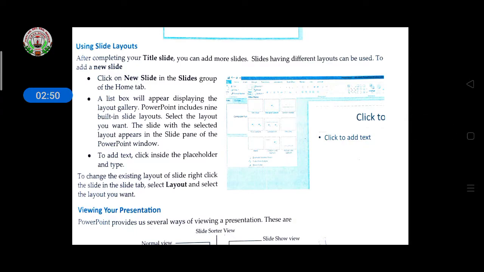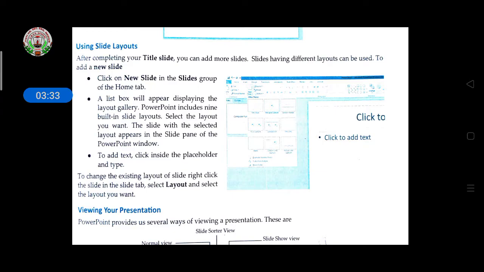Then using slide layouts, here in the presentation the layout is given. So first of all you have to make the planning of your presentation, what you want to show to the audience, and then select from the different layouts. That layout will help you to insert images and anything else you want to insert. It is easy also, because some layouts do not give permission to insert an image, so you have to find the layout according to your planning or presentation and then select it.